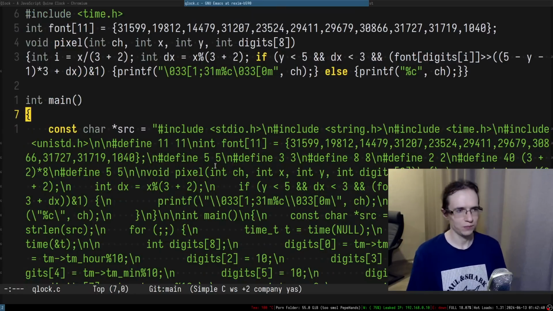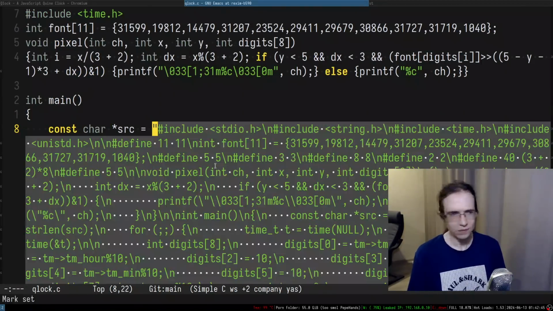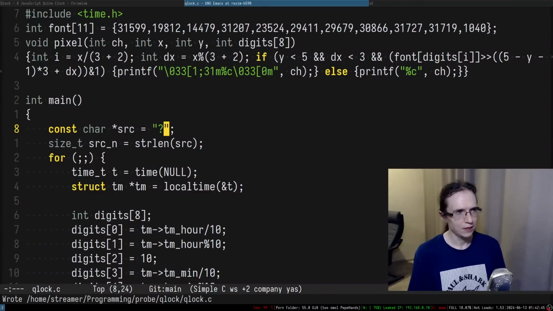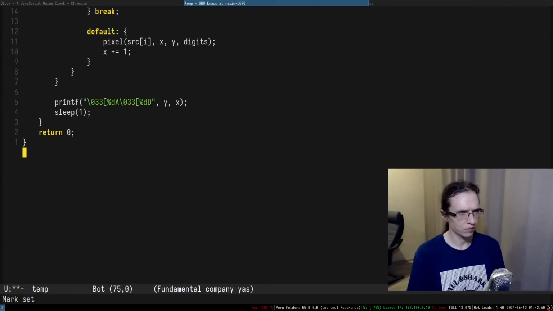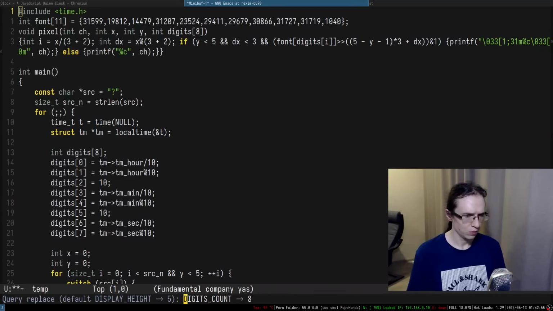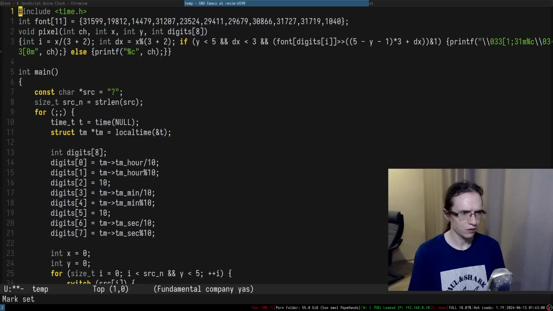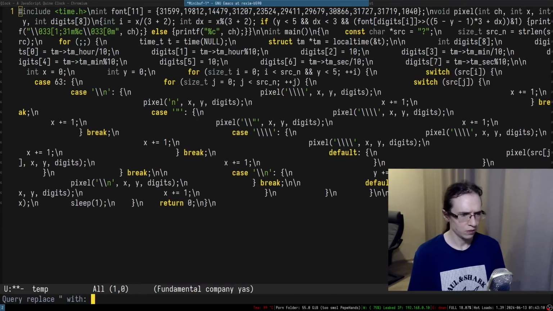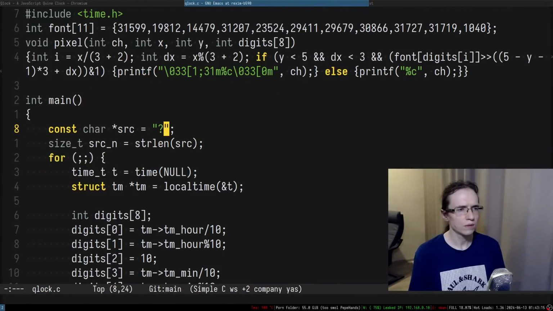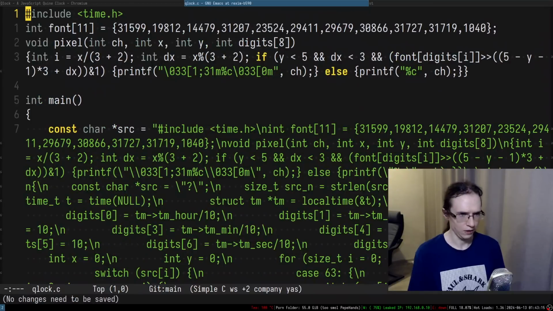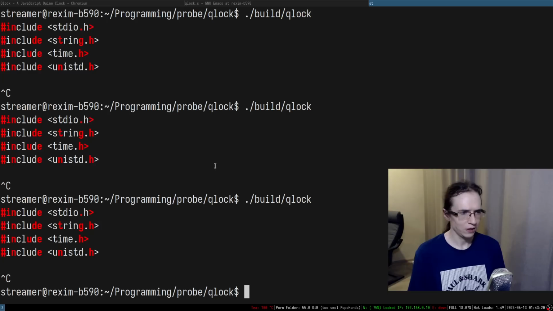But whatever. So let's take the blob. Let's take the blob. So this is going to be question mark. Yeah, let's recompile the blob. So yeah, query replace that. This. Replace this. That. This. Okay. So let's recompile that, and